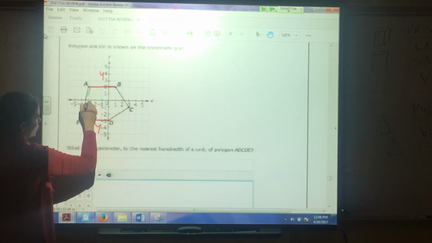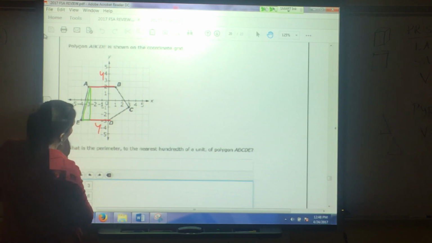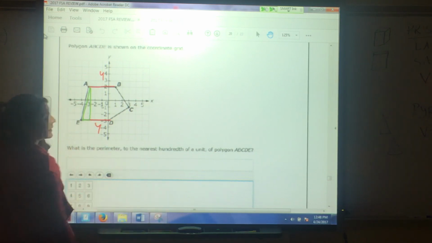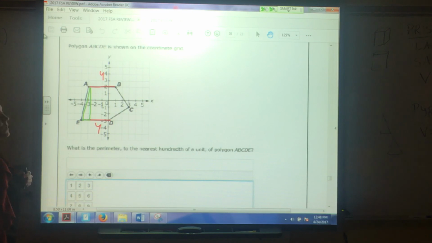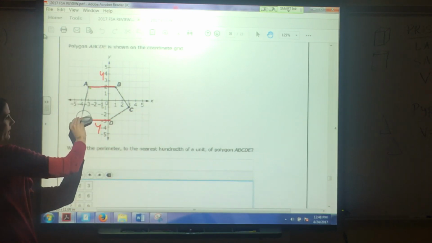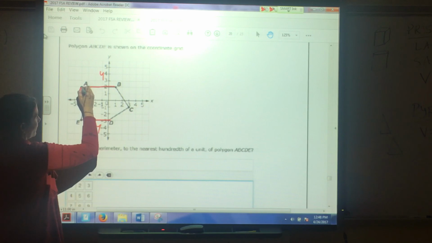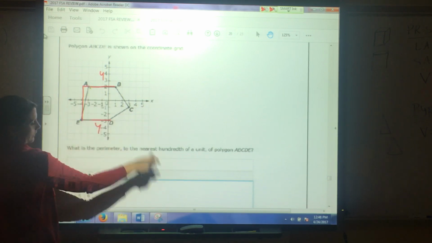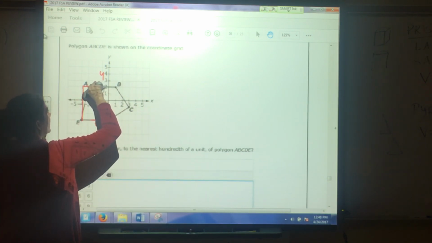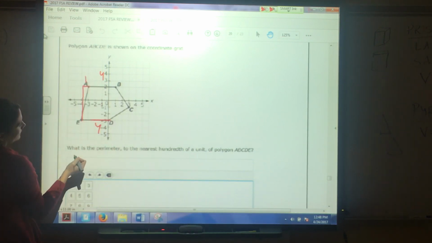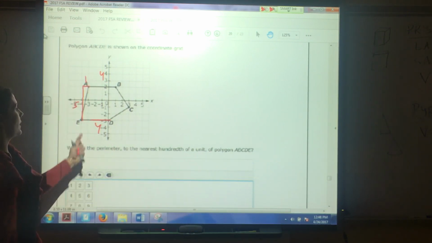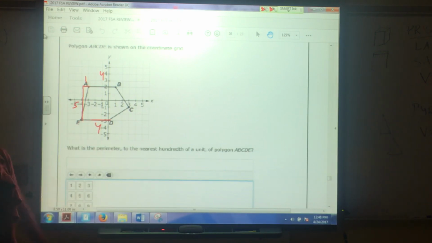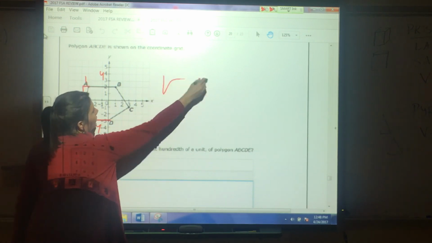So when I do this, that looks kind of bad, doesn't it? I thought you were supposed to be on the outside. Does it matter? Not really. I'll do it on the outside if you want me to. You'll see what I mean. It's the same thing. The length here, what do I have? 1 and 5. It would be 1 and 5 there or 1 and 5 here. You're still gonna get the same thing. That's why it doesn't matter. That was good to point out. Now we're gonna use the Pythagorean theorem to find this. It'll be the square root